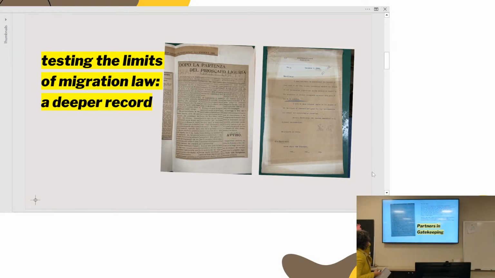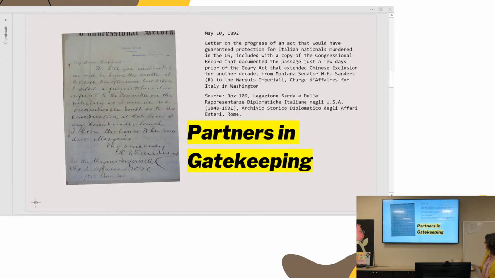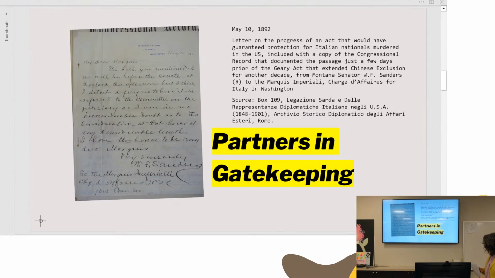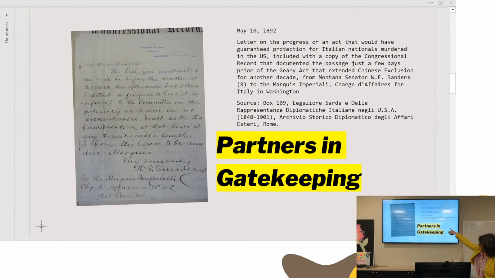Okay, so here's a letter that's actually in English, and that happens too. So I'm talking about using foreign language sources, but I'm also wanting to note that some of this stuff is in English because this is the correspondence. This one is handwritten. It is dated May 10th, 1892. And what we notice about this that is actually also interesting is what's in the background there. And this is fancy, right? So we can see the words that are behind the letter.